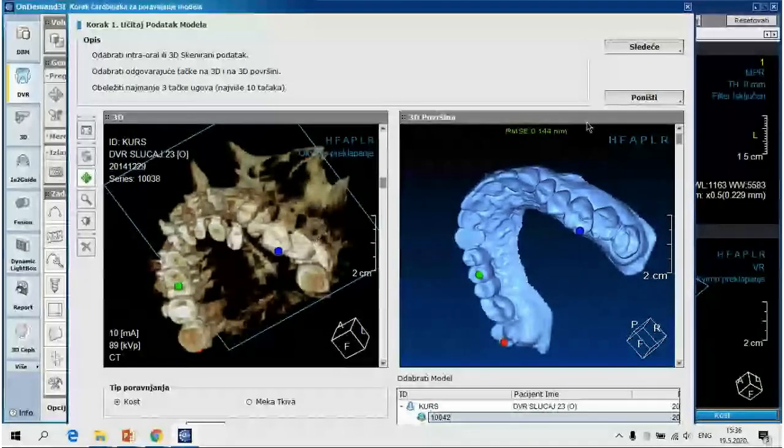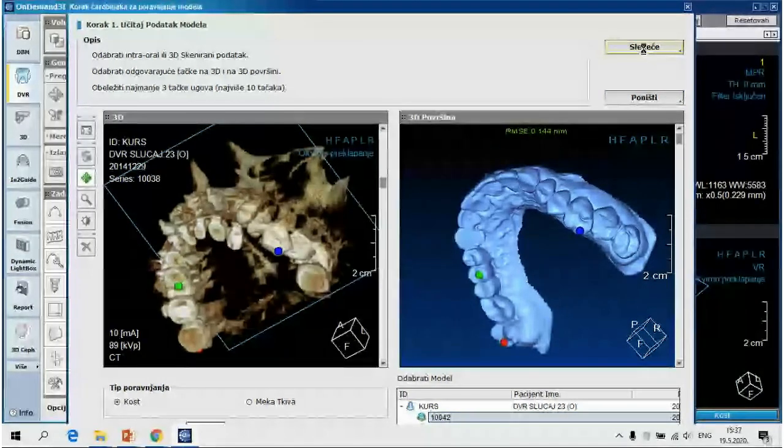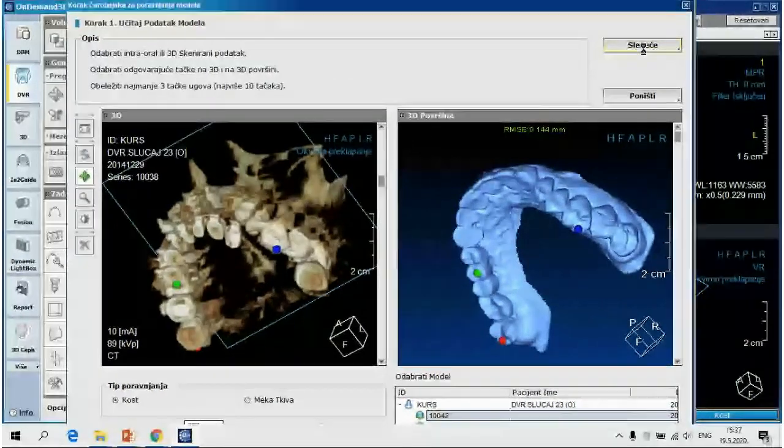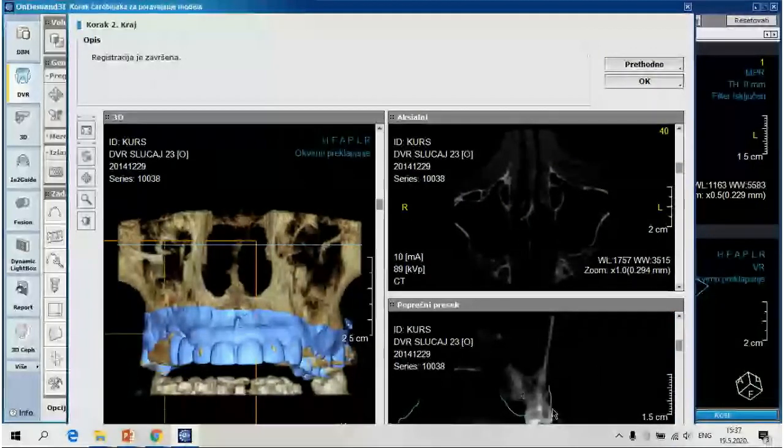So these numbers here show us the level of the mistake, and this is a quite small level of mistake. So for this instance, we can go next, and the computer will do the overlapping of the whole data. We can now check the overlapping data here, and on the bottom screen we could see that it is